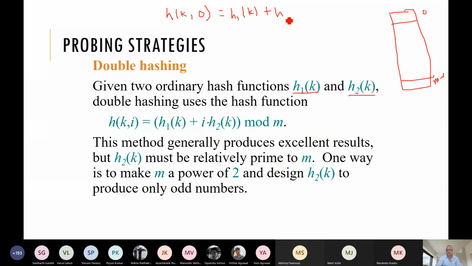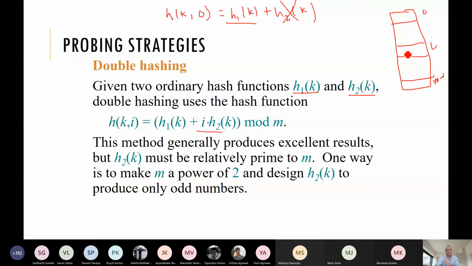We have to compute these two hash values h1 and h2, and obviously take mod m in order to put it here. Sorry, this is 0, so this won't be there. So basically h1 of k will hit some slot over here, say i.